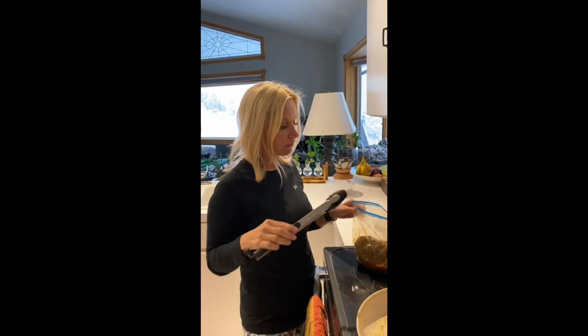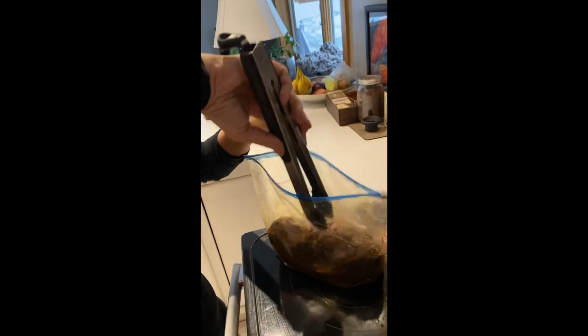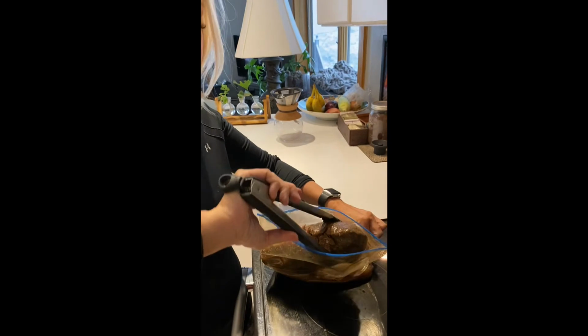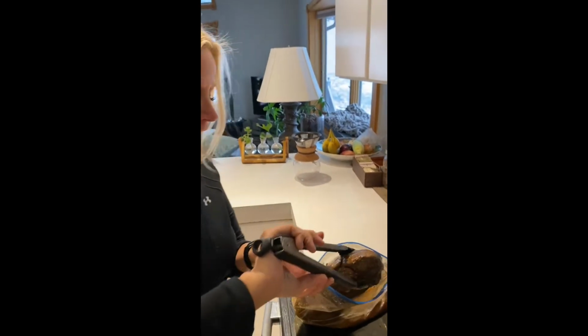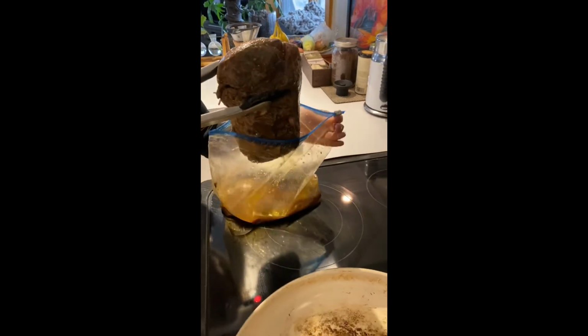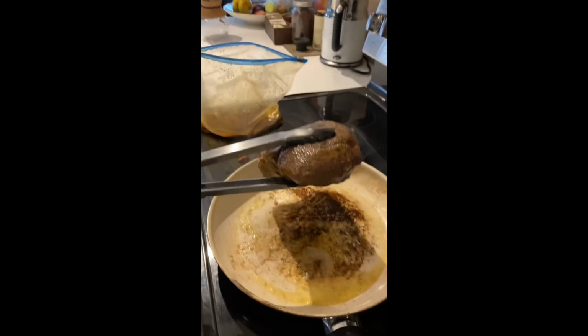Welcome back. 20 hours later, I have got the sous vide out of the container that it was in, and remember, I did 20 hours at 131 degrees. So, oh my God, it's been marinating. We haven't peeked at it yet, even though I've been wanting to. So now,